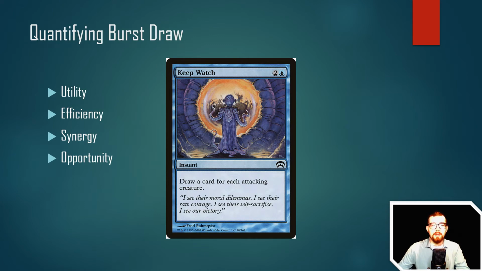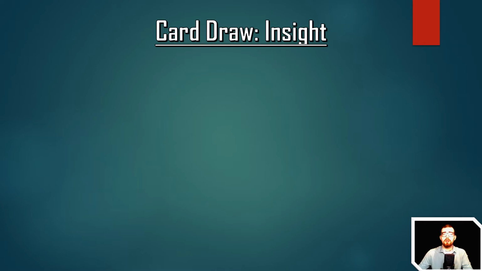And then as far as opportunity, it's at instant speed, so you actually can use this if your opponents are attacking you. So this card is extraordinarily good in the opportunity area, where something like Shamanic Revelation would fall short. So it actually gets a 4 rather than a 1 in the opportunity section. And let's move on to